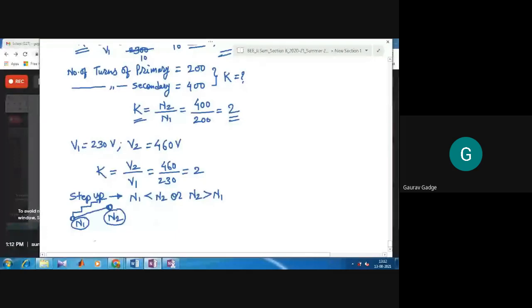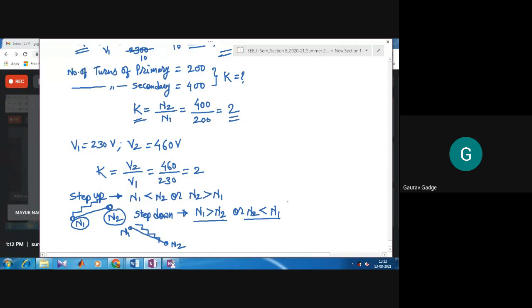स्टेप डाउन कब कहोगे? स्टेप डाउन का मतलब क्या हुआ कि आप स्टेप्स नीचे उतरते जा रहे, you are moving down. सो यहाँ पर आपका N1 है ऑन फोर्थ फ्लोर एंड N2 इज ऑन ग्राउंड फ्लोर. So over here what we can say for step down, आप स्टेप को डाउन कर रहे हो. So what we can say is that N1 is greater than N2, or in other words N2 is less than N1.